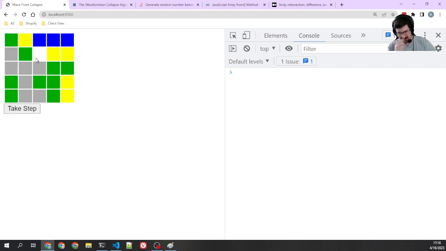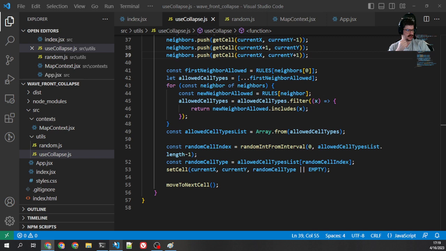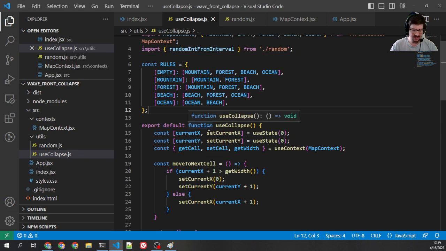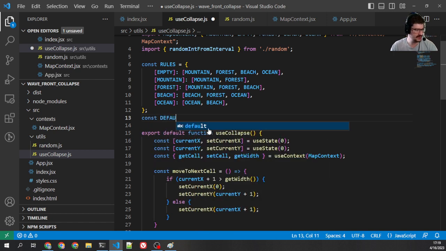All right, so the thought that we're getting is in between an ocean and a mountain is going to be flatland. What I think this algorithm could definitely benefit from is just a default tile type, a default tile that if it cannot figure out what else should go there, it just picks that tile. And grass biome I kind of like. So what I'm going to do is const default tile equals